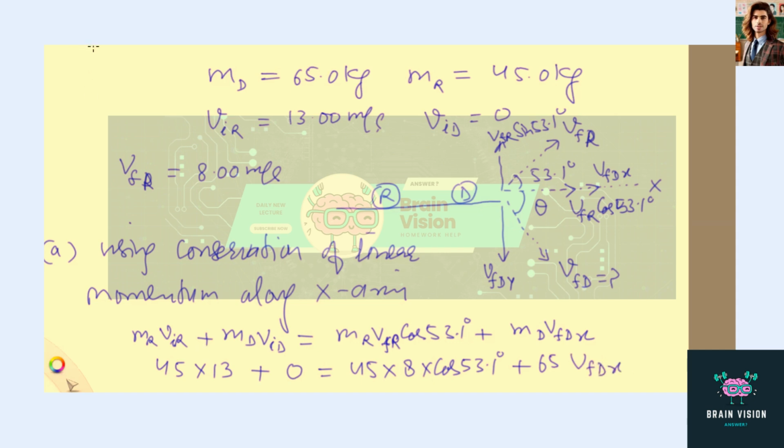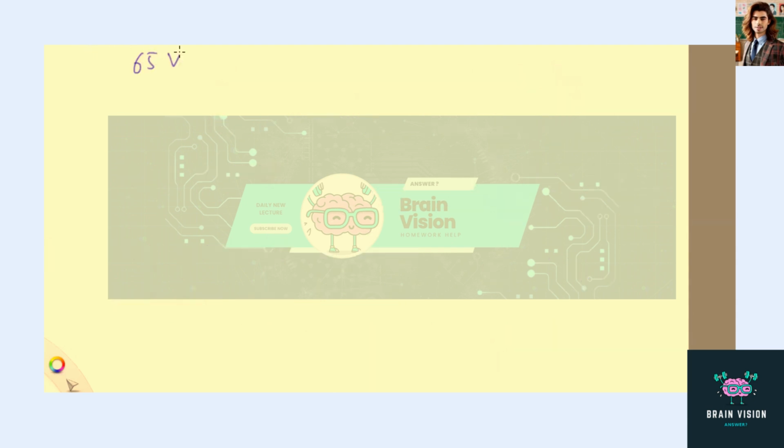Calculating it, 65 v_fDx is equal to 45 into 13, which is 585, minus 216.2, which comes out to be 368.85. So the horizontal component of the final speed of Daniel comes out to be 5.68